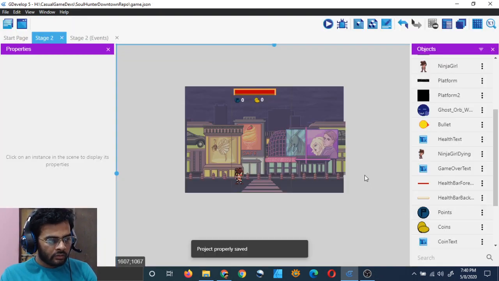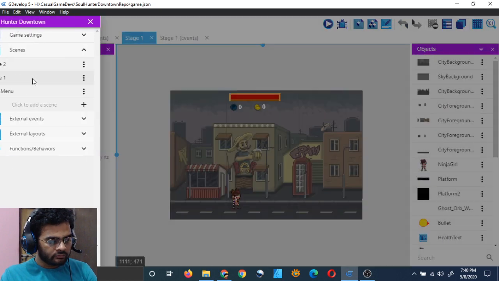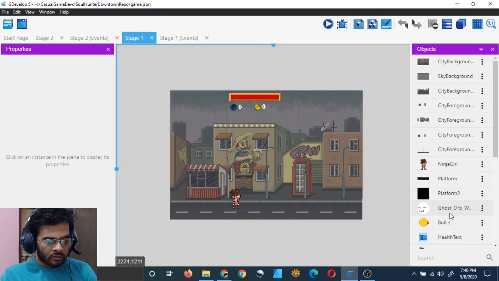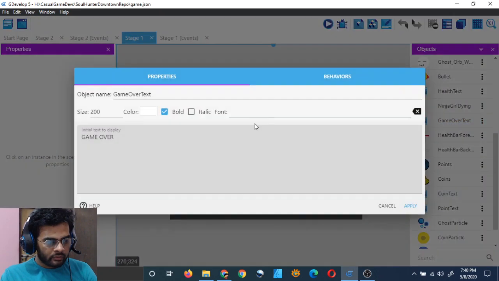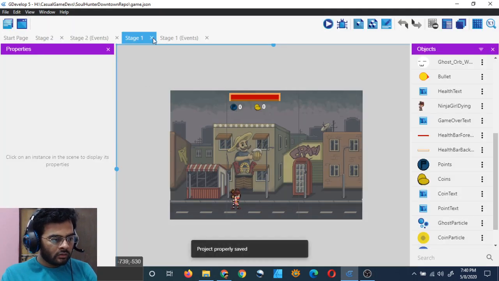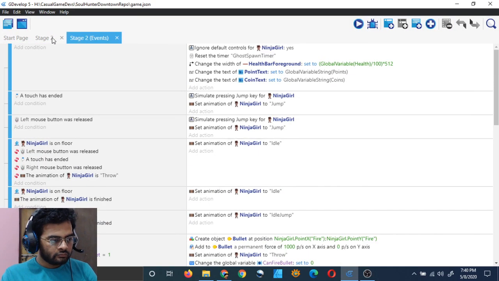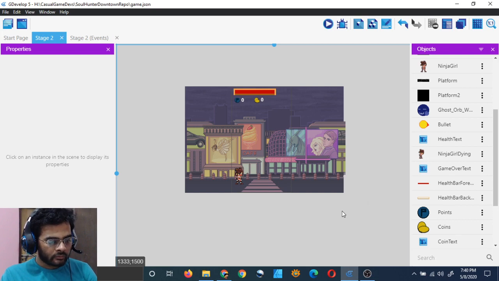Apply, and I will have to do the same for stage 1 also. Game over text, just hit enter, and you are good to go, and then close it. And I hope it works. I don't know if it will, but let's hope.